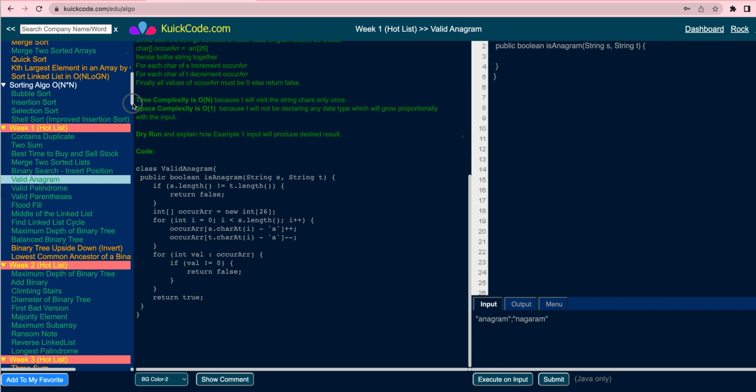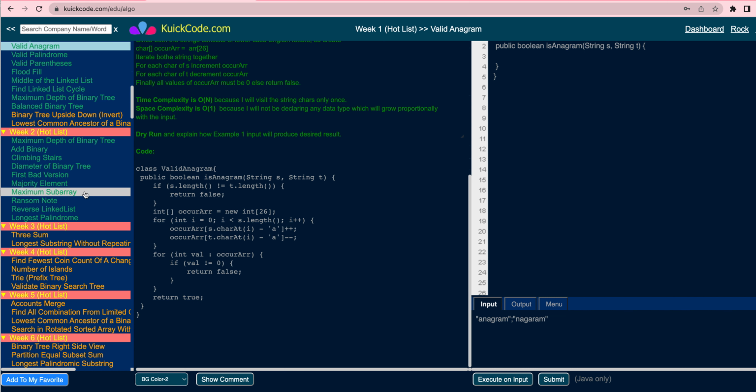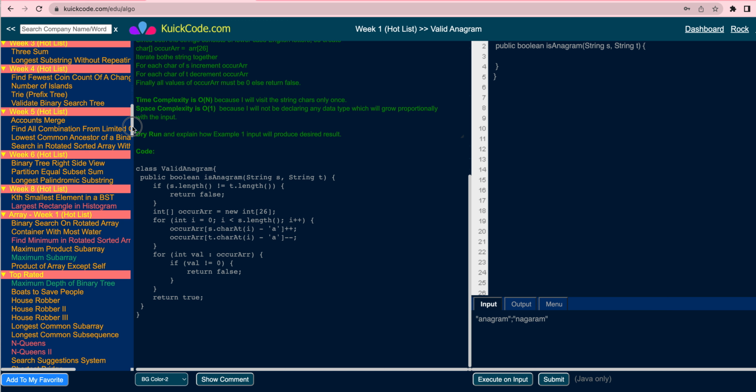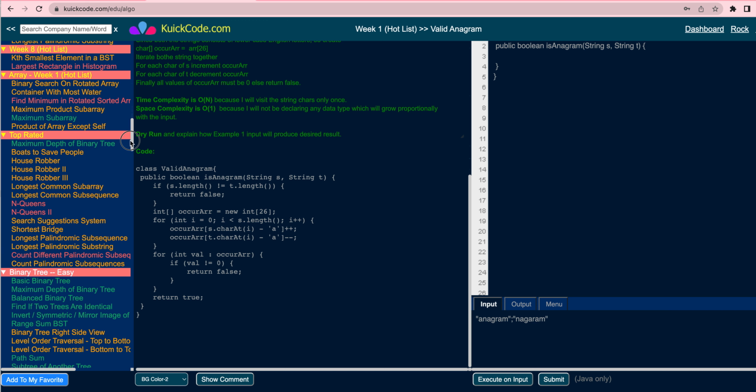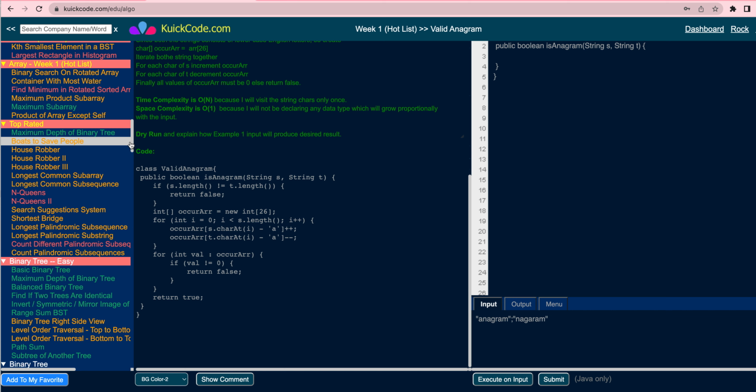So we have a week 1 plan, then we have a week 2 plan. I'll be adding more in here, and then we have a week 3 plan, and I'll be adding more in here. Week 4 plan, I'll be adding more in here because I'm still a work in progress. So we have more problems than you need, like top rated, and then